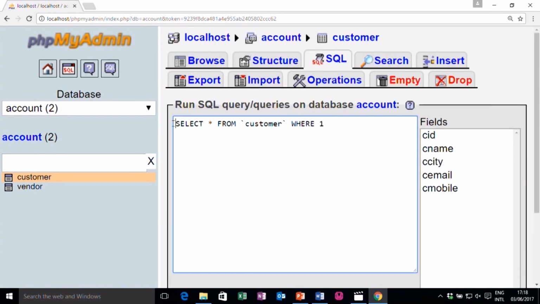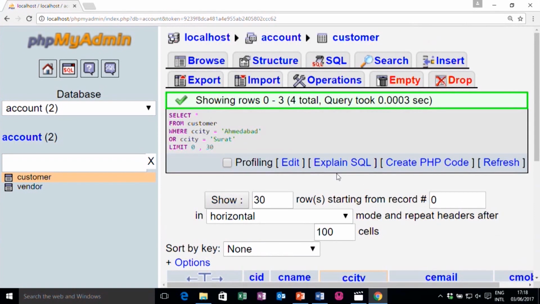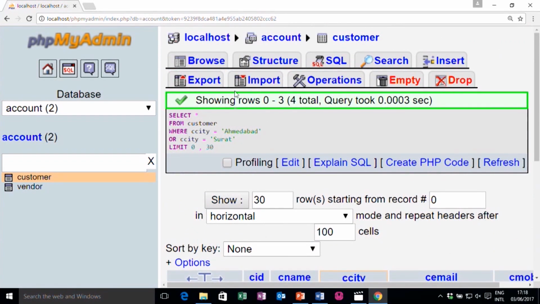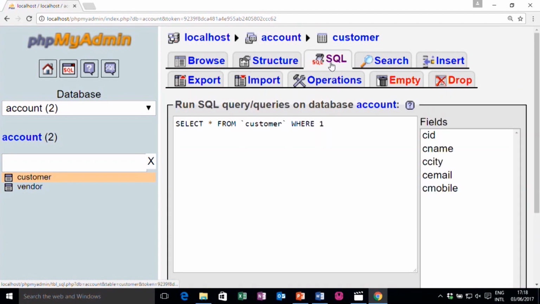Now, if I go to the SQL and type that code, it will display all the records where city is either Ahmedabad or Surat. So, this is the condition statement. You can use AND also.